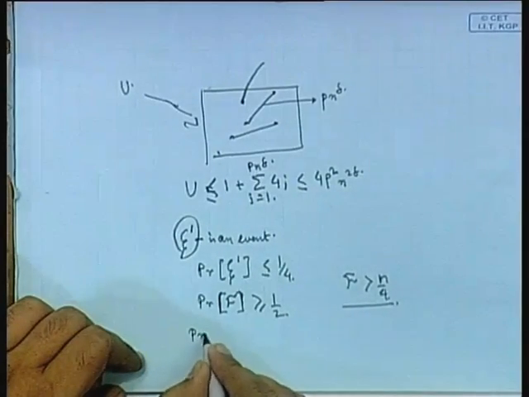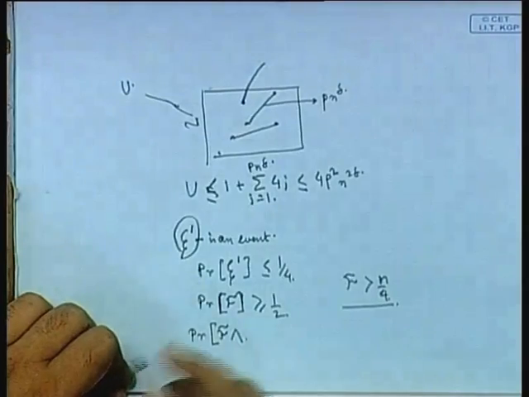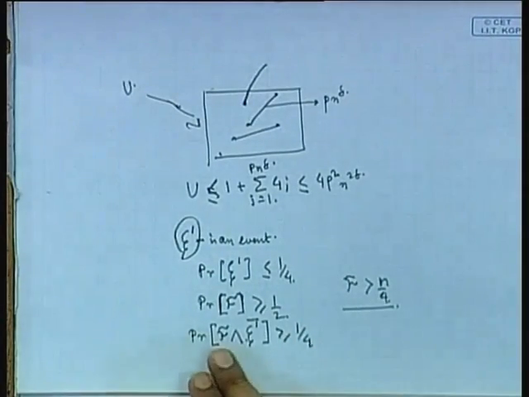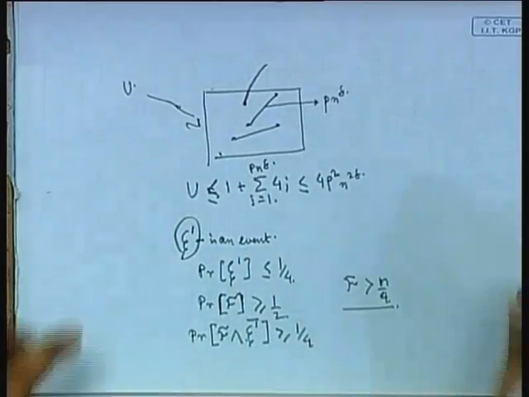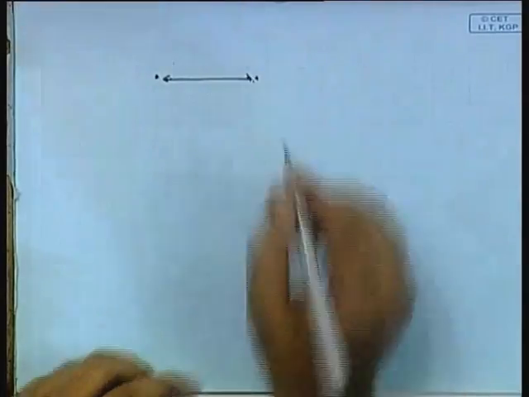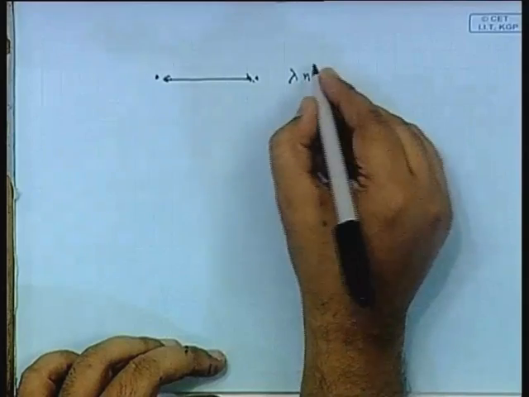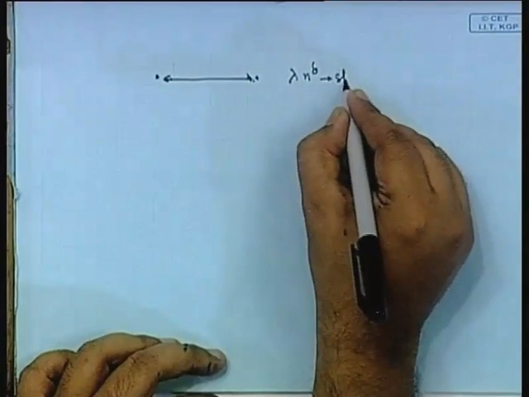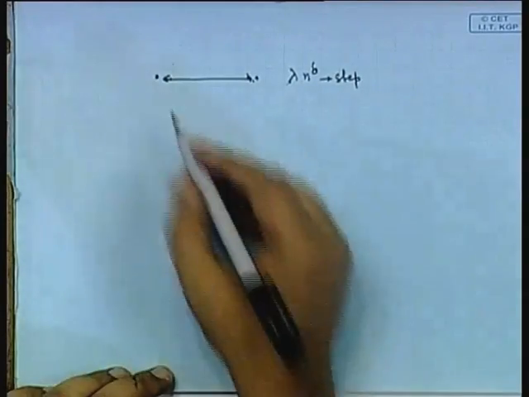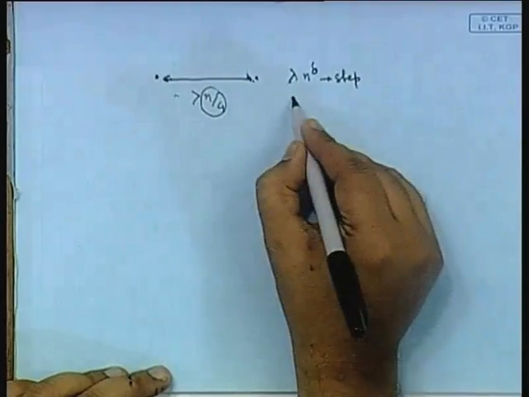And so, what we say PR, if they are at that distance and there is no long link used, that is greater than 1 by 4. Now, what you say that if I am at greater than n by 4 distance and I want to reach in lambda n steps. Well, lambda is an arbitrary constant, we need not worry about lambda. So, this distance is greater than n by 4 and gamma is an event